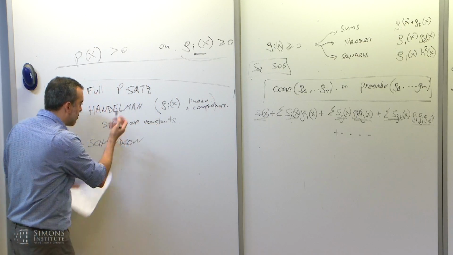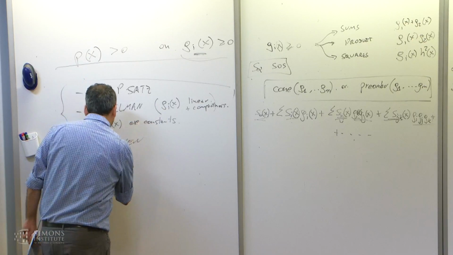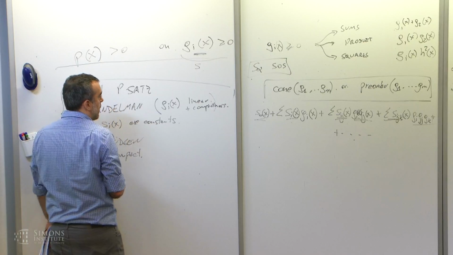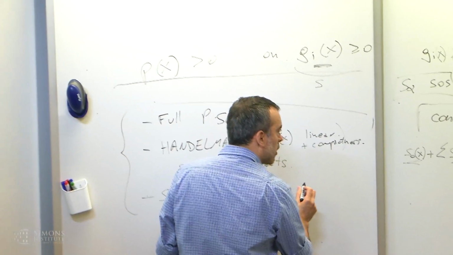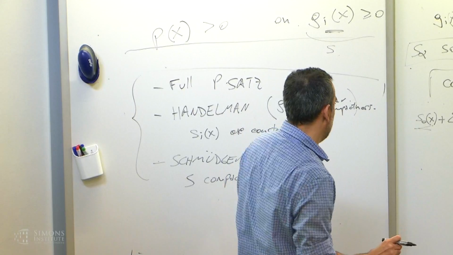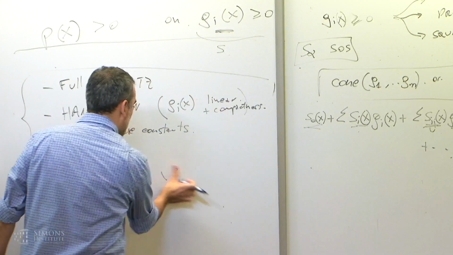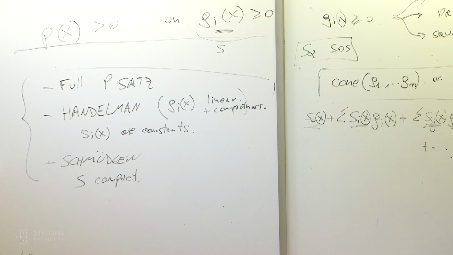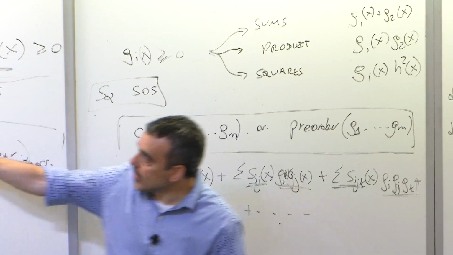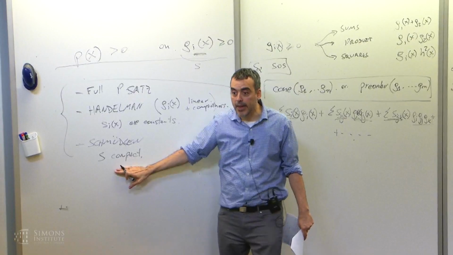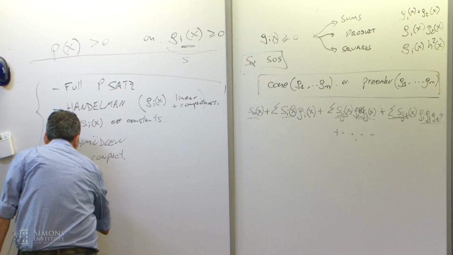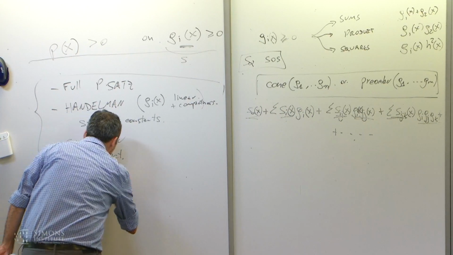So Schmüdgen has another beautiful theorem that says what happens, let me call this set S, when S is compact. And in that case, you don't need the products. Schmüdgen says that in the compact case, this is fine. Strict positivity is enough for a representation of this type. So it says that P itself will have a representation of this type. Then Putinar has another version, which is essentially the one that was used by Lasserre,